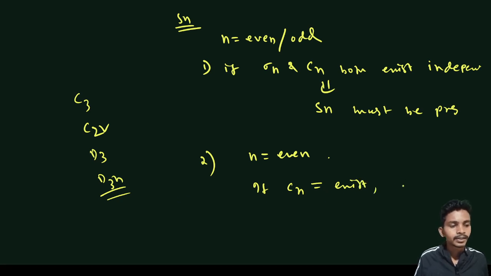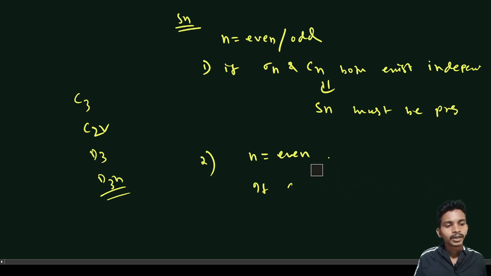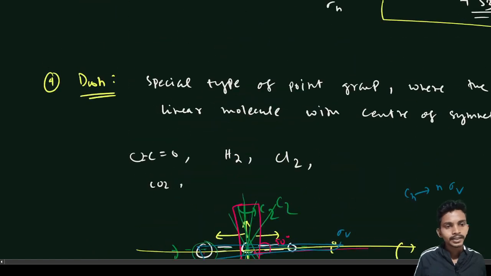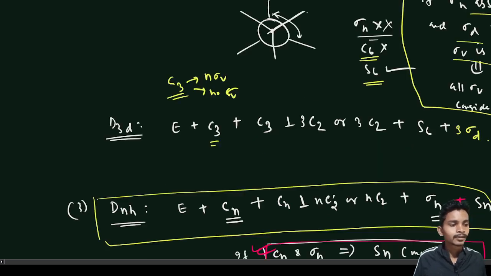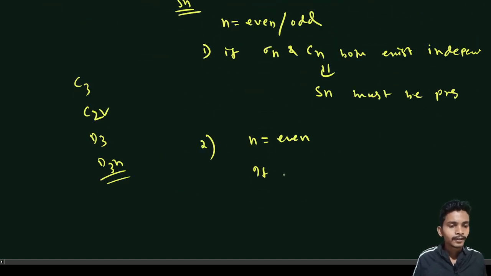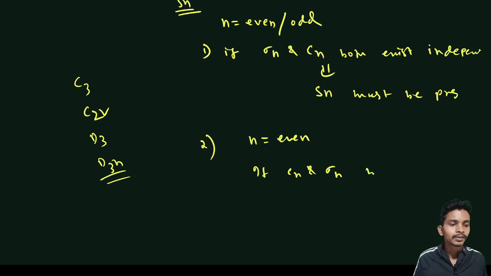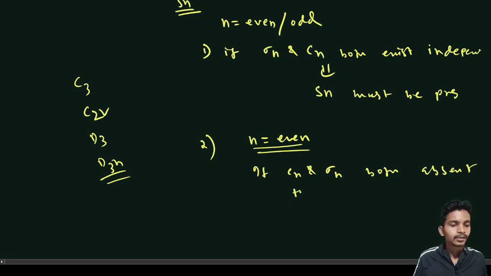So if Cn exists and sigma h is absent, it means that sometimes C3 exists, but, let's say in this case, C6 is absent but S6 is present. Here the principal axis is C3. So for that case, we say that if Cn and sigma h are both absent, if n is even, both absent, then also Sn may or